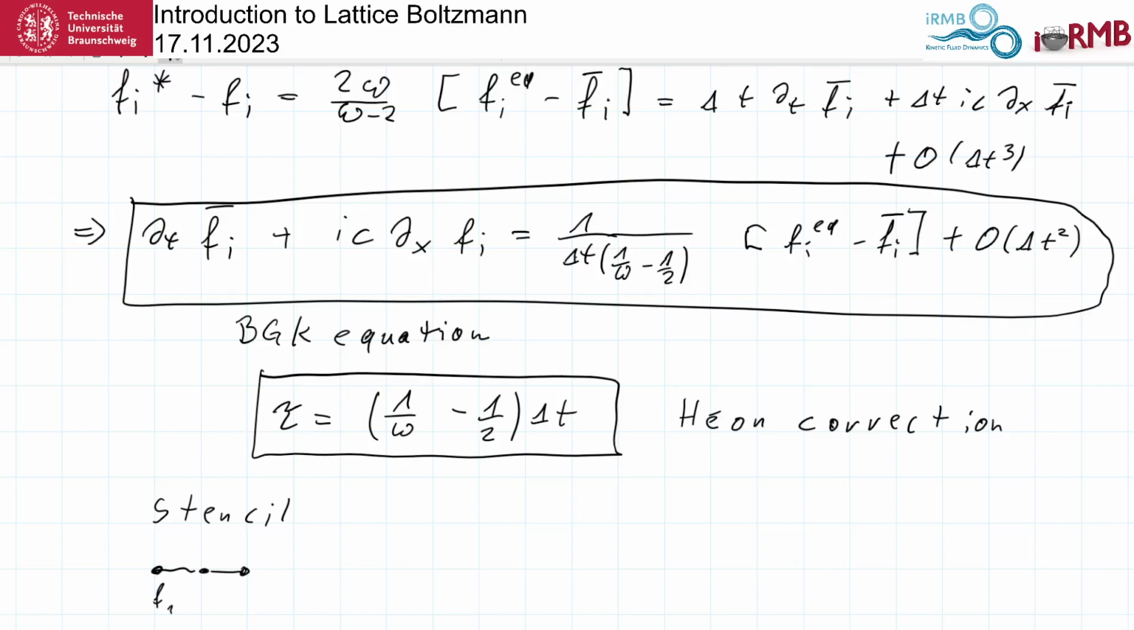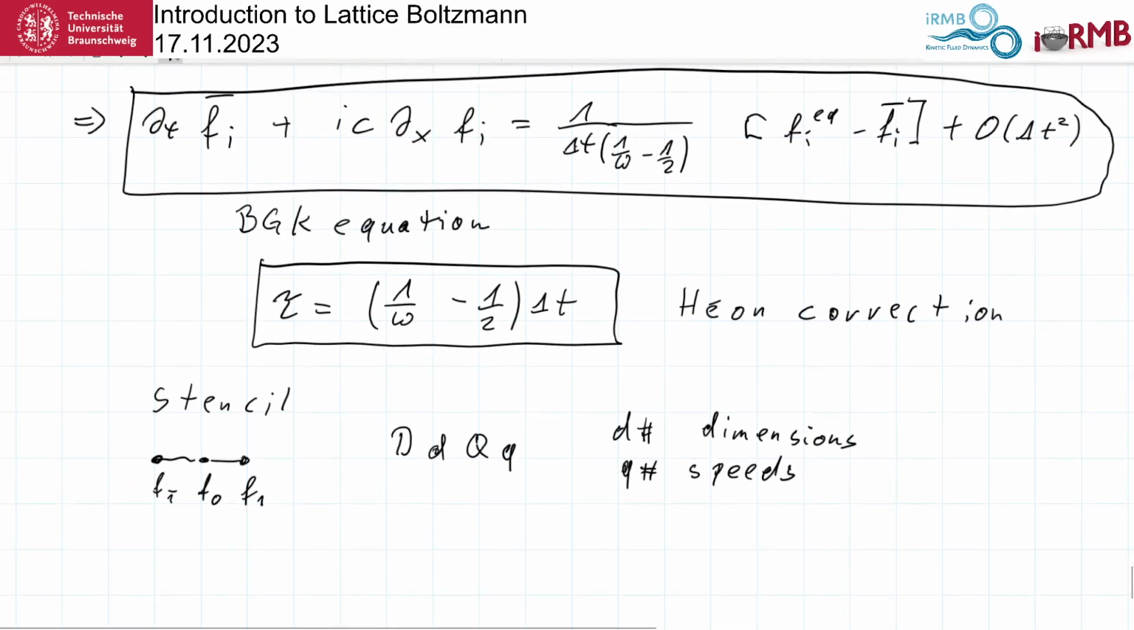According to the stencil that we use here is looking like this, and we have a naming convention for the stencils that goes into DQQ, where this D is the number of dimensions, and this Q is the number of speeds, such that this model here will be called D1Q3, and later we'll look at tensor